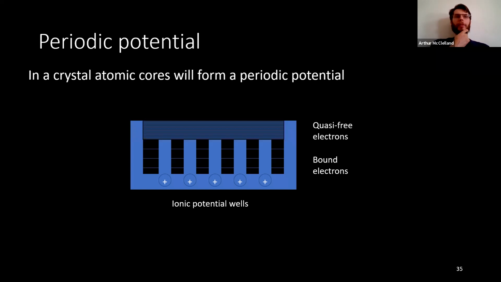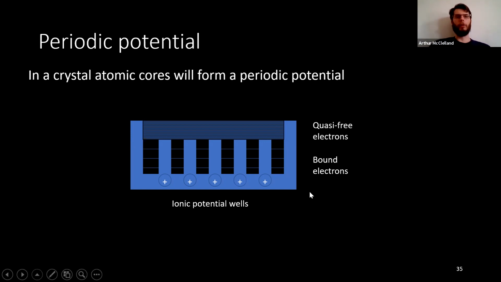And now if we expand this to a periodic potential, so now we have a one-dimensional atomic wire. The crystal atomic cores will provide these specific boundary conditions, and the electrons will be in these little potential wells in between them. And then there is some region in energy space where the electron can get out and be quasi-free and move along. So this would be conducting in a metal, but even in a metal, there are going to be some electrons that are bound to the nuclear cores.